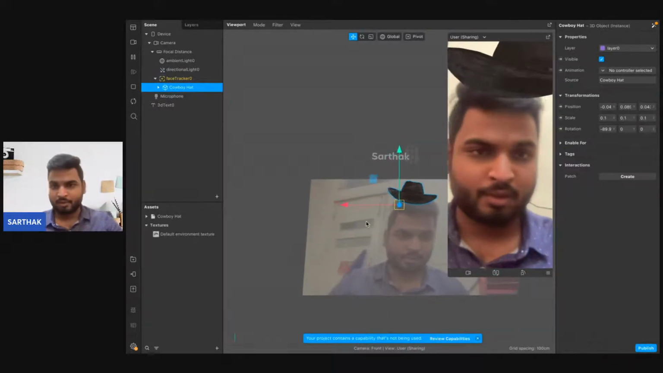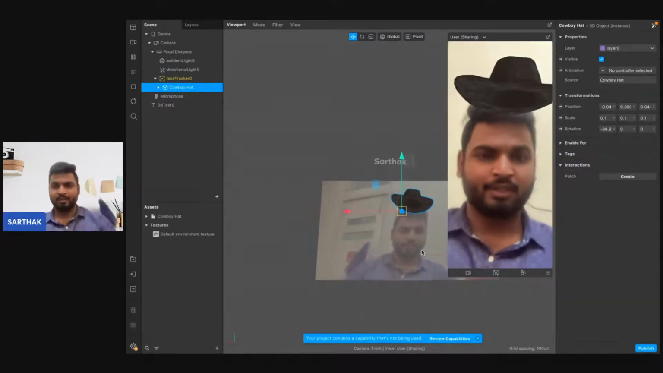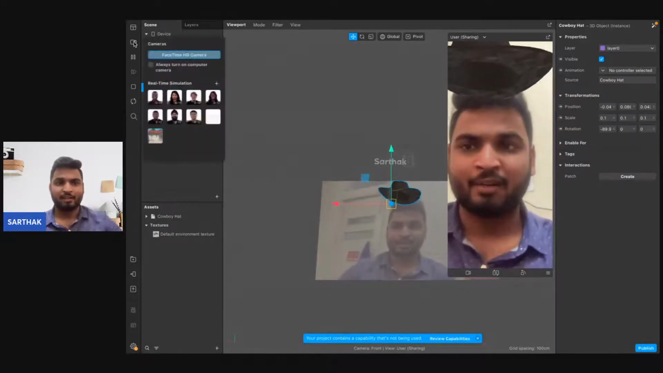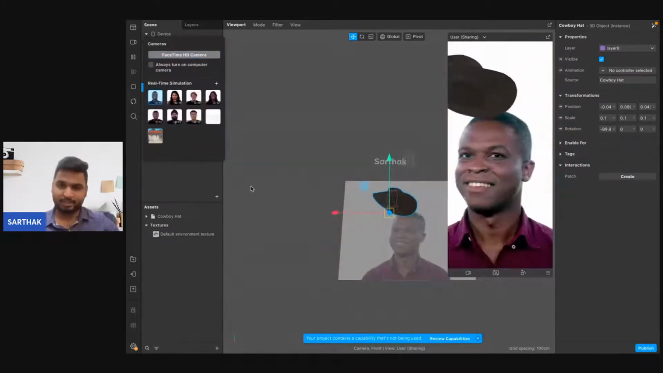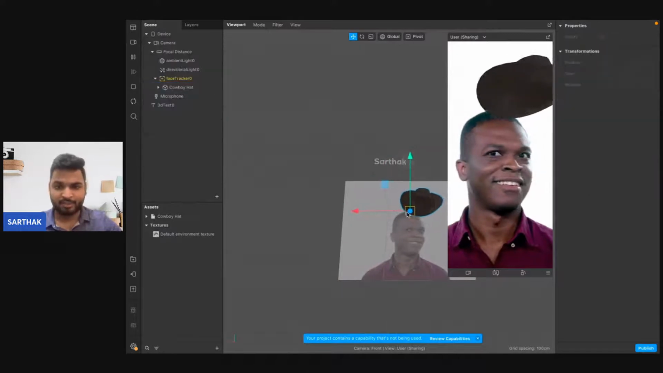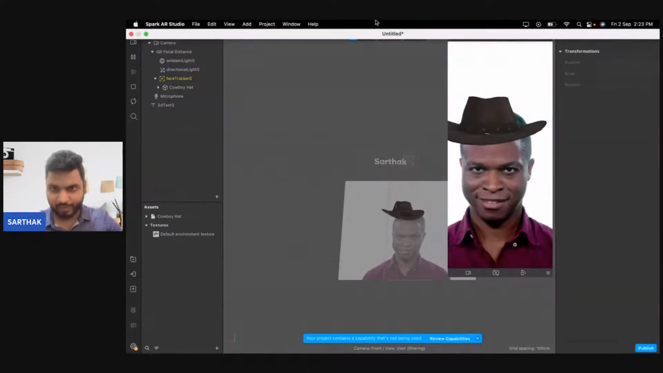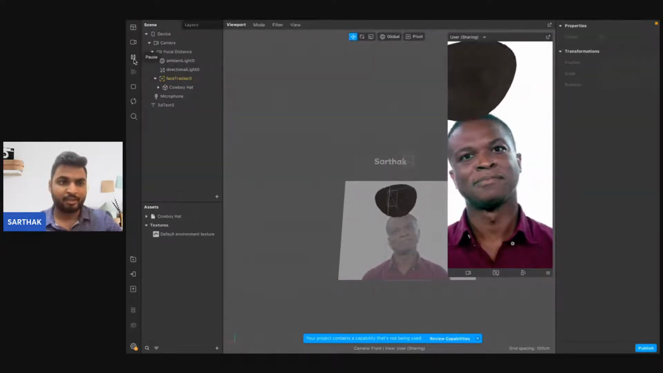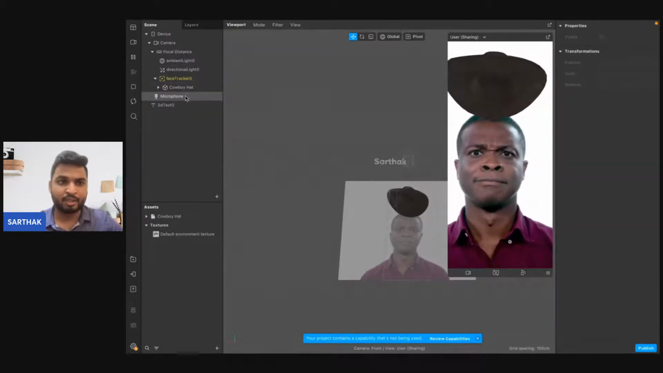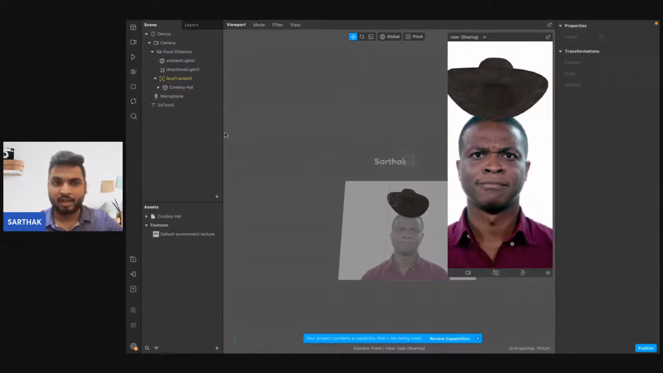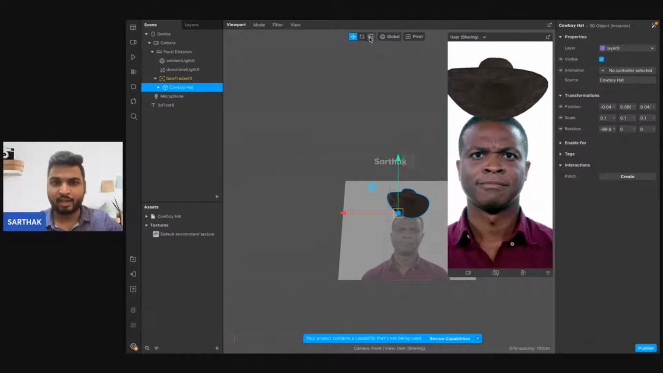Now you can see this. Now you can see the hat is moving with our face, but we need to adjust this hat according to the face structure. What can we do in this? Let me show you how we can adjust the hat. Click on the cover head and just